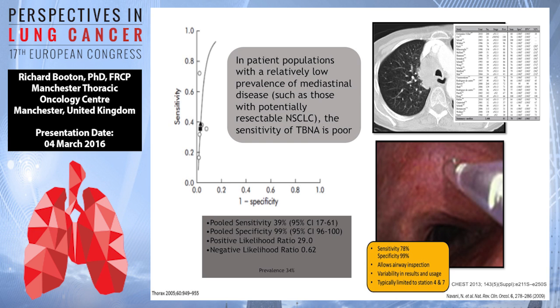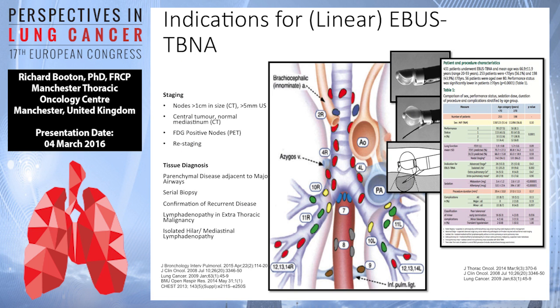So where you've got low volume mediastinal abnormalities, a negative blind tBNA is not terribly helpful, and you do need to do more sampling. And that's really where linear EBUS tBNA comes in. You'll all be very familiar with this, so I'm not going to spend too much time on this technique because it's fairly widespread today. But clearly, it does allow us to sample a lot of mediastinal and hilar nodes, and